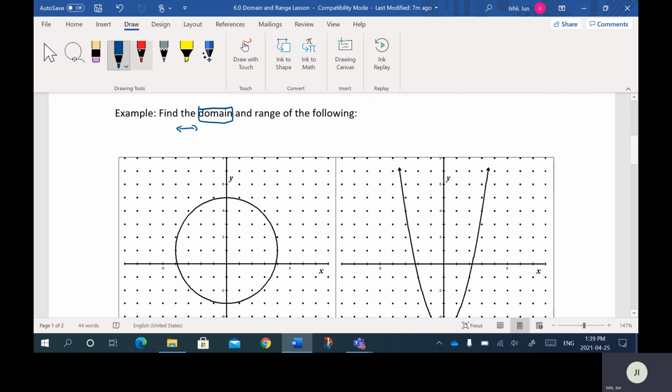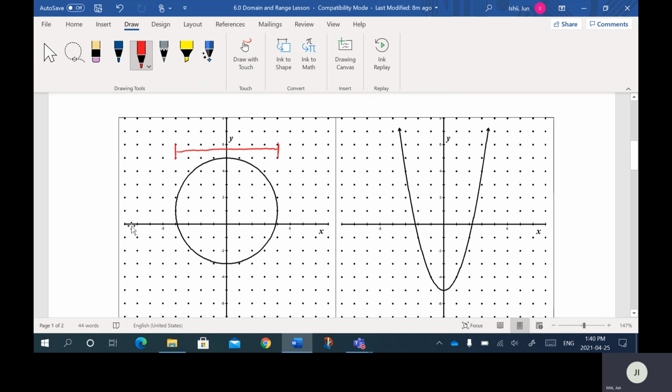If I was to draw a line to where the scanner would go off, it would go off between these two points, if I'm running a scanner from left to right. So the function is here. Sure, it goes up, but we're just focusing on going left to right. There's going to be a function all the way to here, and then there's no function over here. So for this first example,